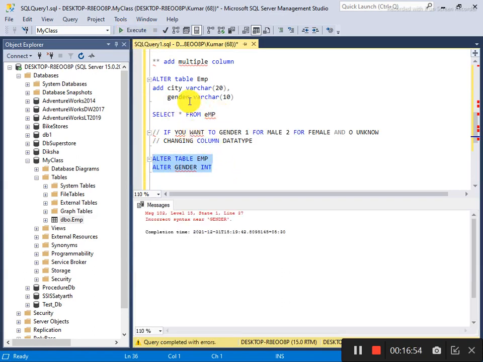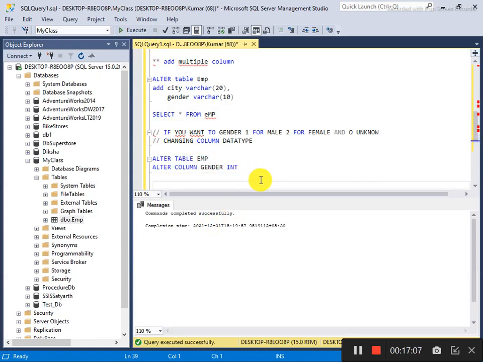Gender, gender. Oh sorry, I forgot to add alter column. Now you see that your data type has been changed.